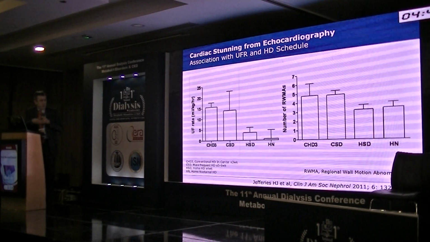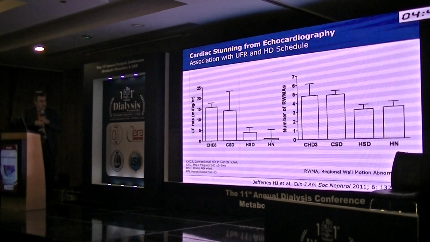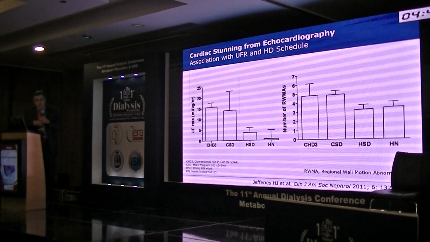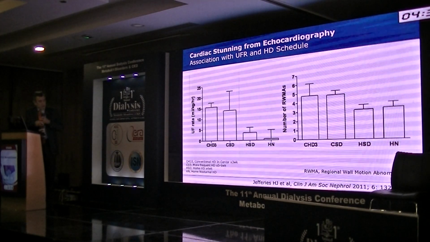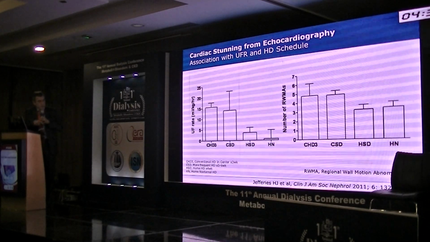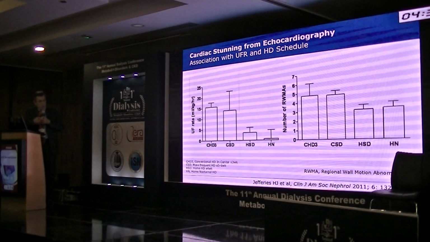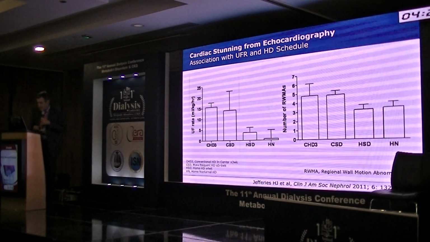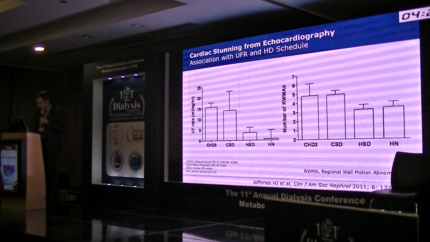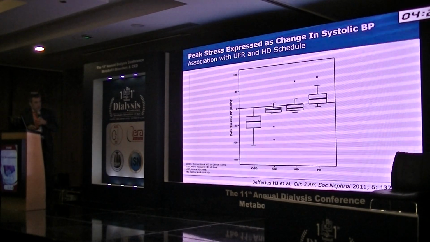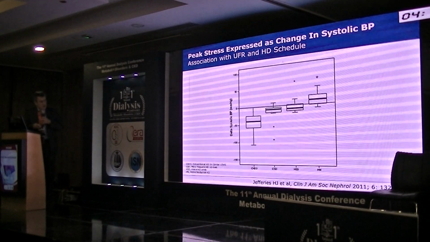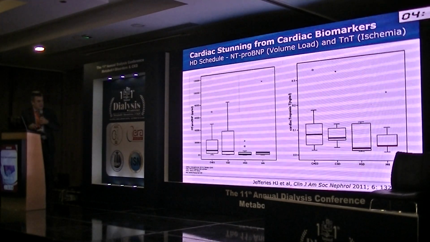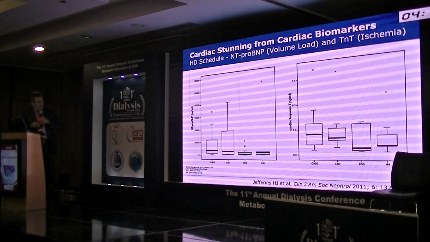So if you apply different treatments to the patient, from the standard treatment on the left to nocturnal hemodialysis, you can reduce tremendously the ultrafiltration rate. You know, it's easy. But what you can also reduce is the number of segments affected by this abnormal motion of the segment, meaning that you can correlate less ultrafiltration with fewer cardiac events. You can correlate to the variation of the blood pressure. This is fine. But certainly the more interesting aspect is, of course, that you can correlate with NT-proBNP as